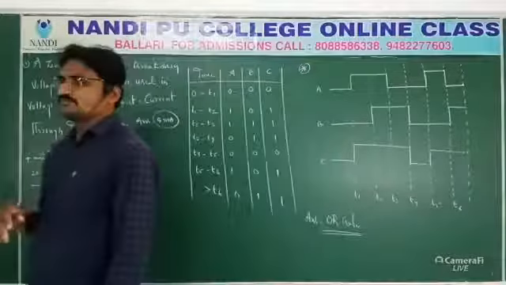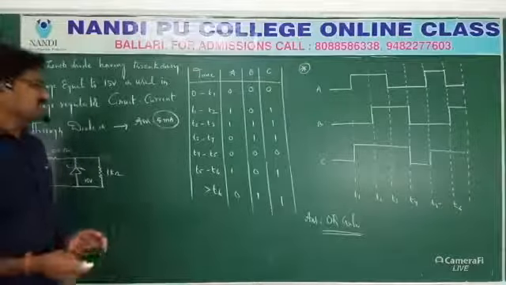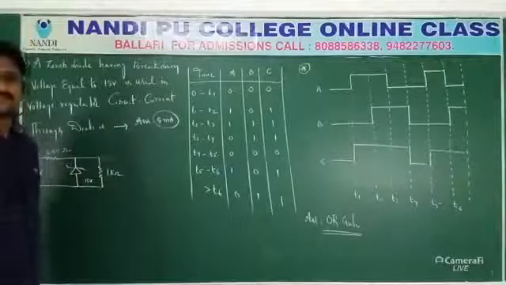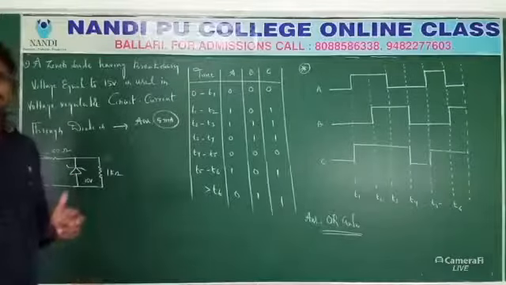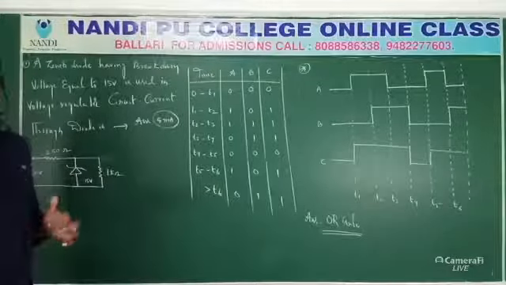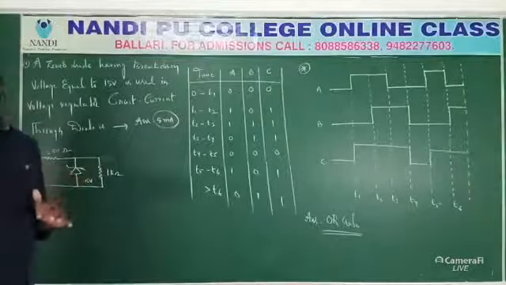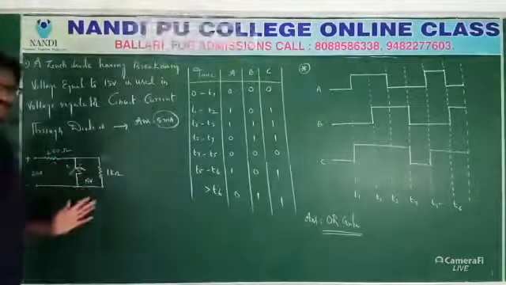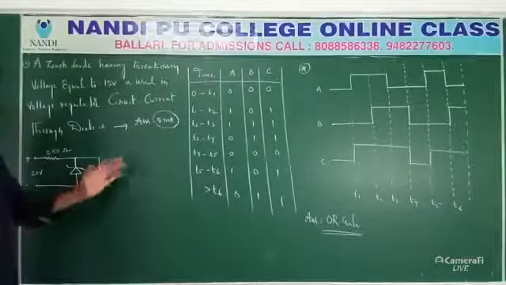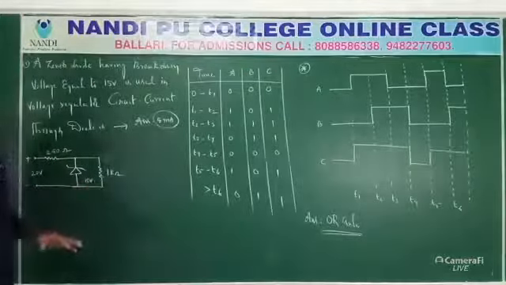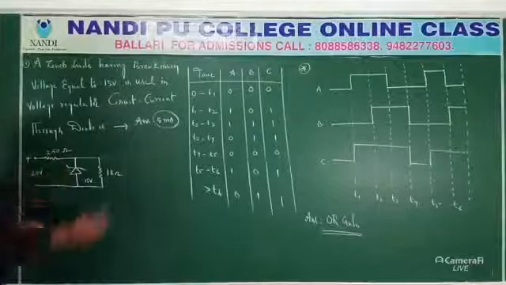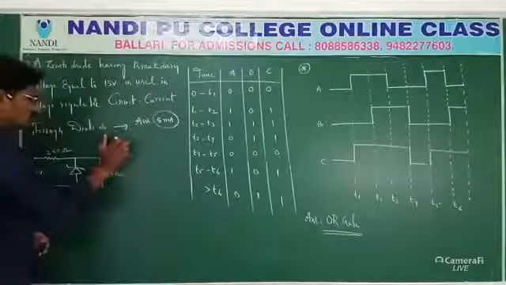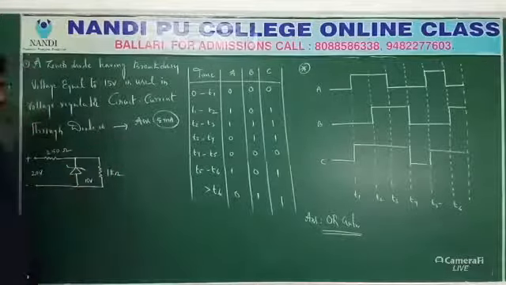When it comes to breakdown, the main importance of the Zener diode is that it is generally used to regulate fluctuations in voltage. As you have an idea, Zener diodes are generally preferred for regulating voltages. Here also it is working as a voltage regulator. They are asking for the current through the diode.